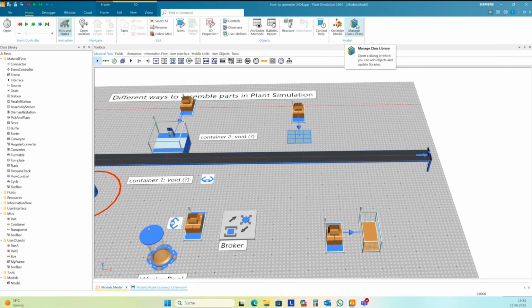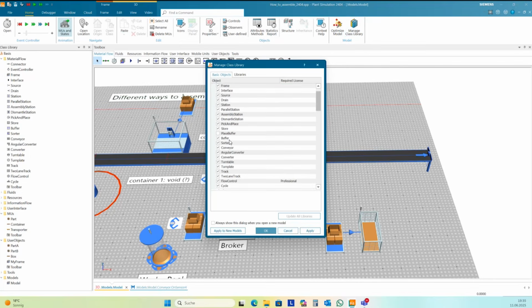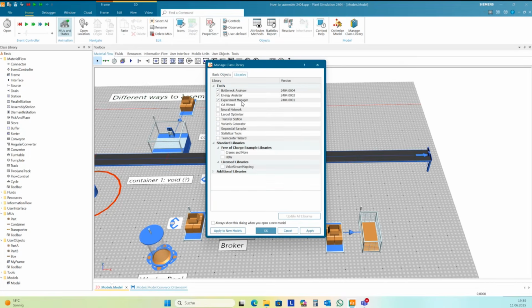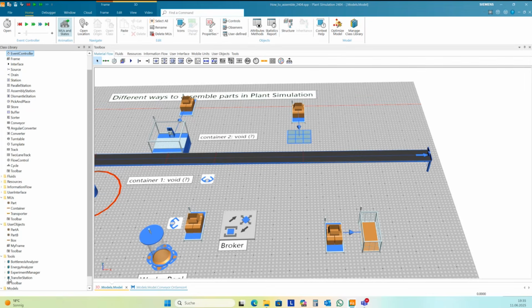So you need to go to manage class library. And then you find the transfer station here in libraries. Transfer station, okay, apply. And then you can find the transfer station in tools, transfer station, and you need to pull it in your.